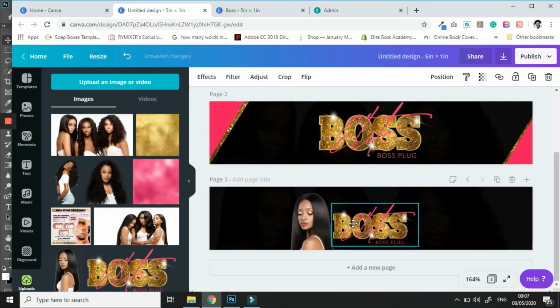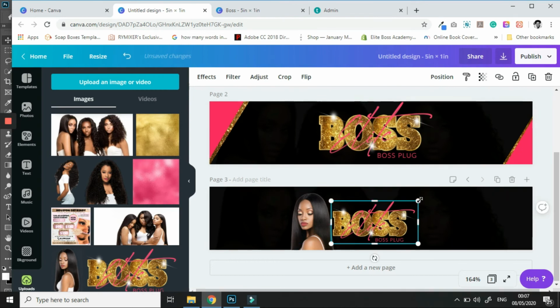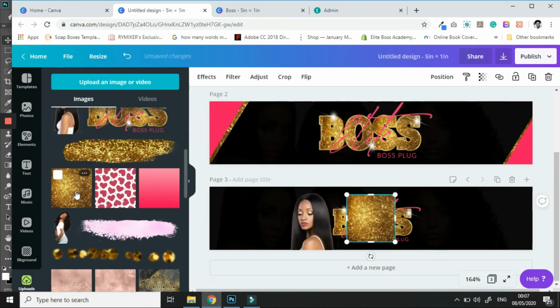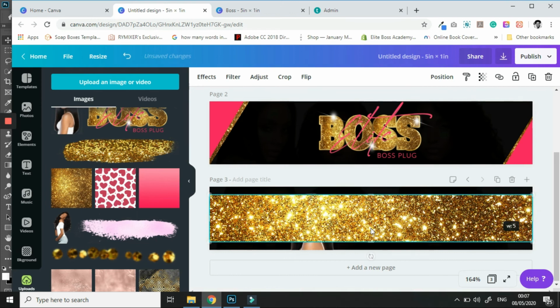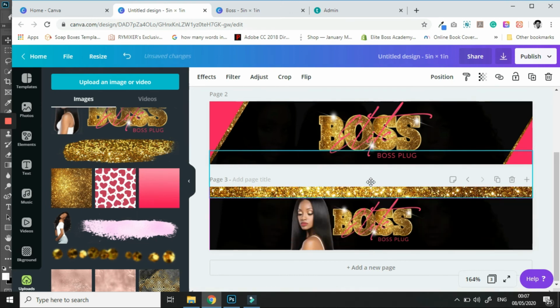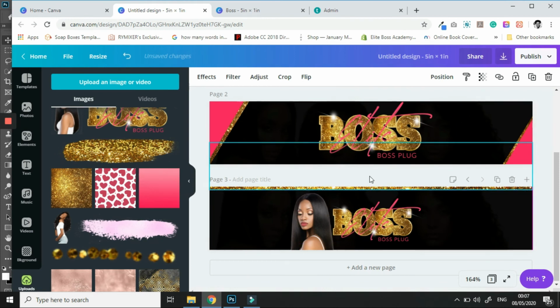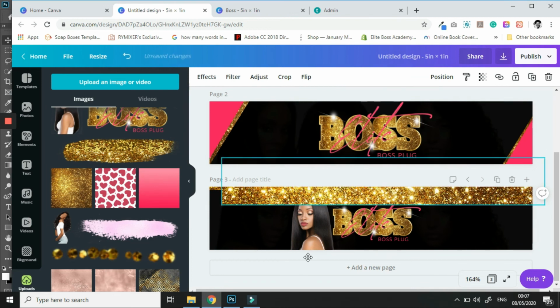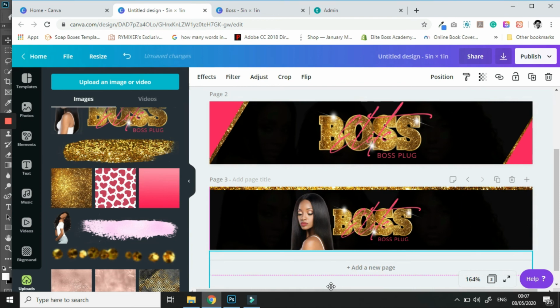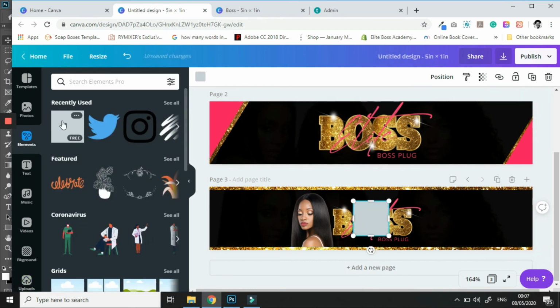We're going to add our logo beside her because she's the boss. And then we're going to bring in our other elements to complete the look. You can play around with ideas, with colors, to do whatever feels comfortable to you and whatever matches your brand. The possibilities are endless. We are going to also add a